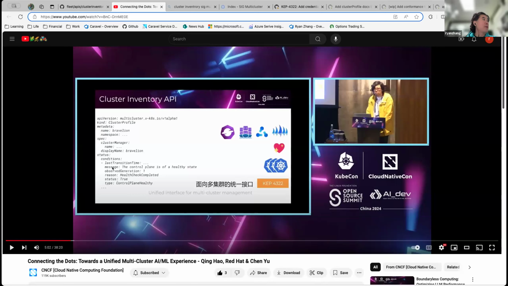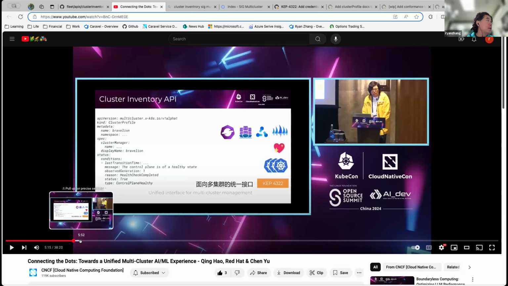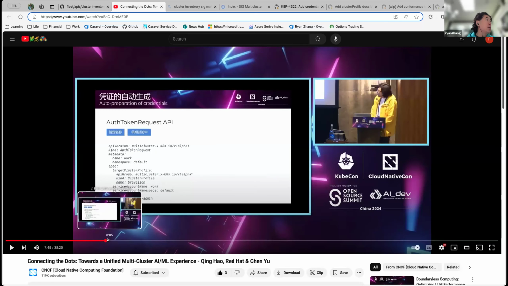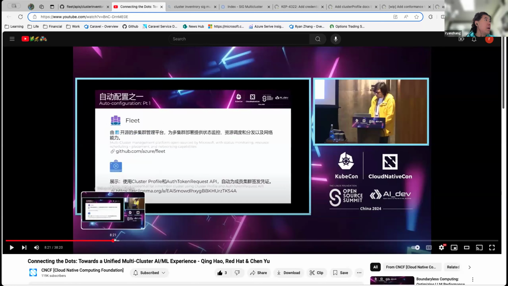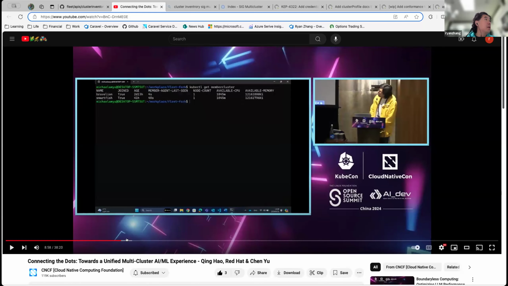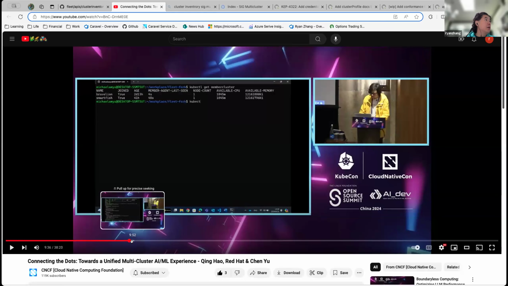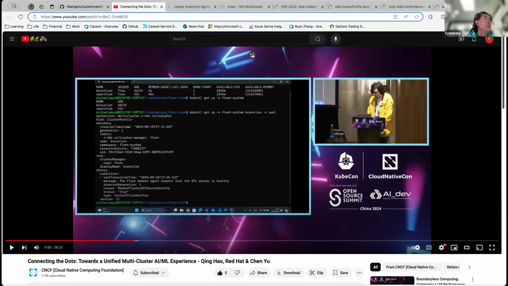After users specify this, again, it's in Chinese, so it's kind of hard to show. This is the token request API, which targets the cluster, for example here is a Brave line, and by the way, let me see if I can show. Yeah, here. Then this is the cluster profile. After we send out that token request, the corresponding cluster profile would have this